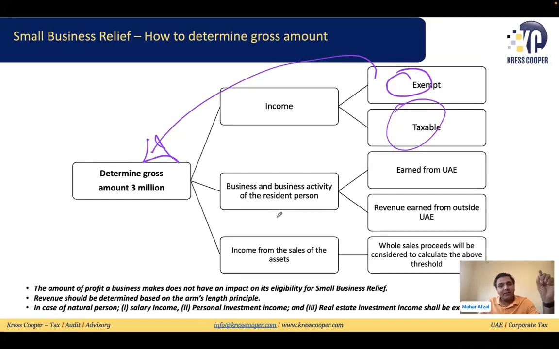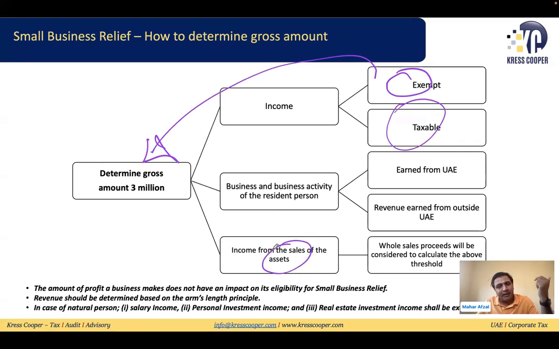Further, they said for juridical persons or natural persons who are resident, their worldwide income will be considered as a part of the gross revenue from all sources, business and business sector. Whatever the business activity they are conducting, all their income will be considered to ascertain this 3 million threshold. Then a very important thing, they said income from the sale of the assets,